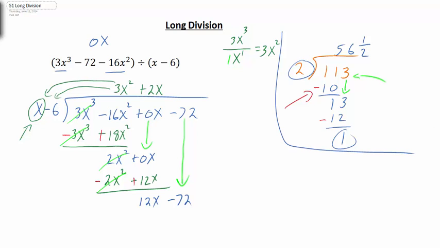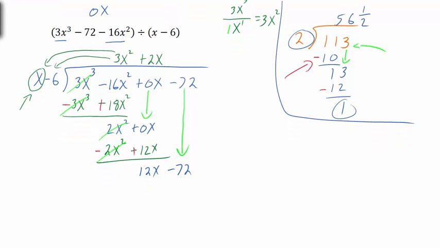And once again, we go through the whole process. What do we need to multiply the x by up here to get the 12x? Well, the only thing we need here is a positive 12. So 12 times x is 12x. And 12 times a negative 6